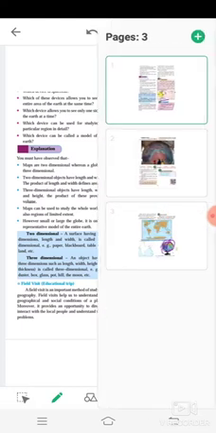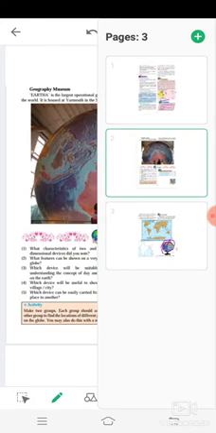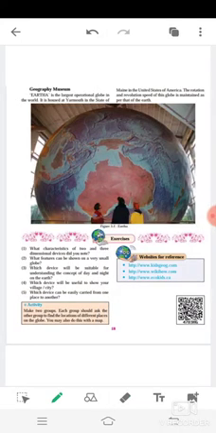Okay, now go to the next paragraph. Next page. Geography Museum. Earth is the largest operational globe in the world. It is housed at Yarmouth in the state of Maine in the United States of America. The rotation and revolution speed of this globe is maintained as per that of the Earth.